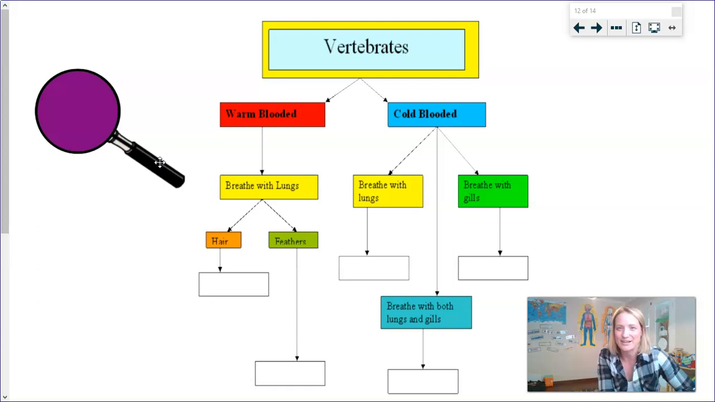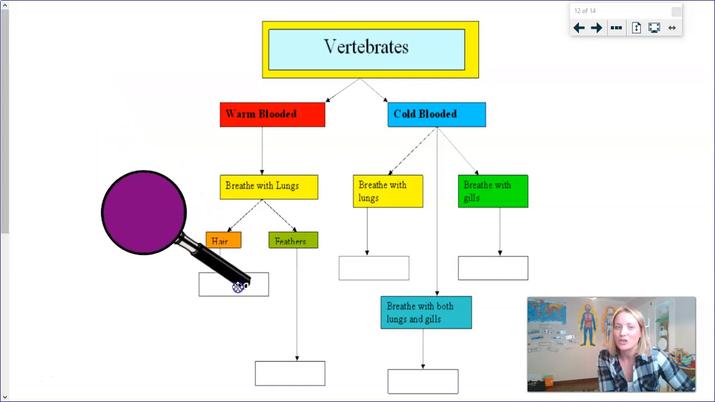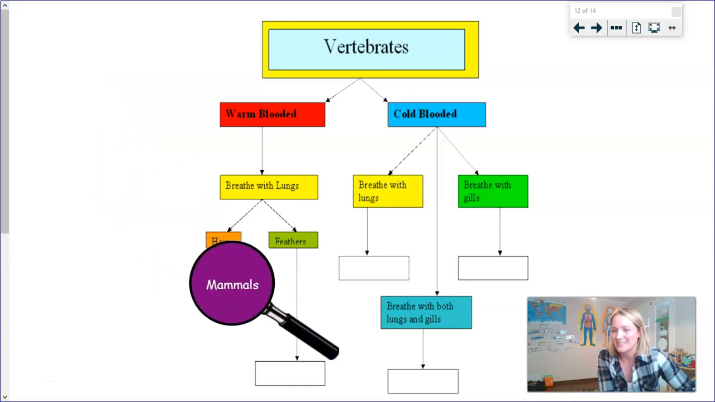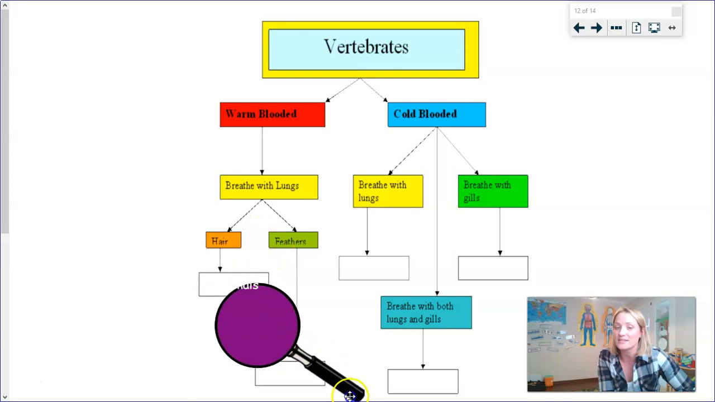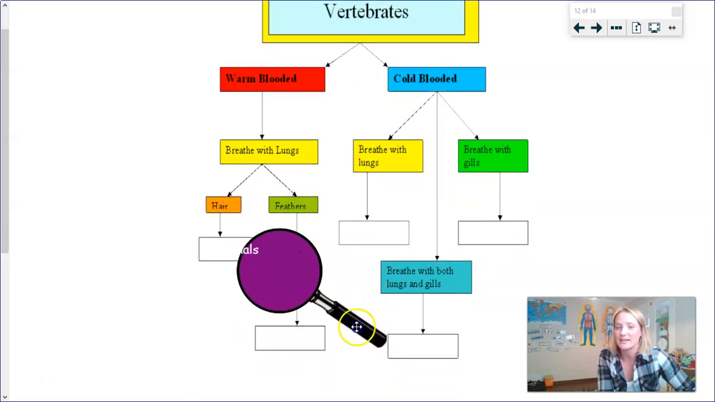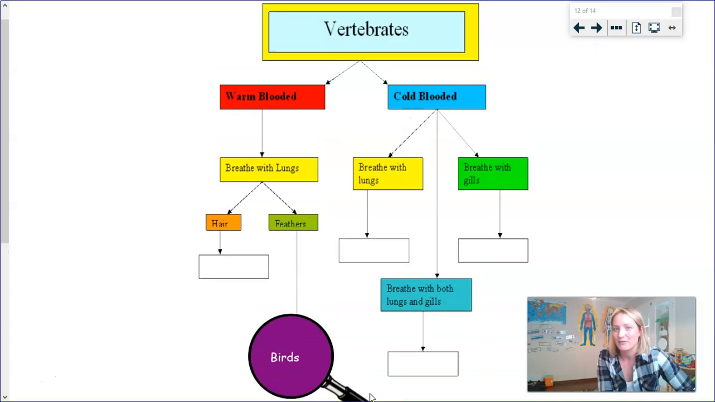All right, let's start. If we look at a vertebrate that is warm-blooded and breathes with lungs and has hair, I should have also probably written fur there, you should know that that is a mammal. Whereas a warm-blooded vertebrate that breathes with lungs where its body is covered with feathers is obviously a bird. Remember that hair or fur or feathers are very important for warm-blooded creatures because it insulates them and retains their